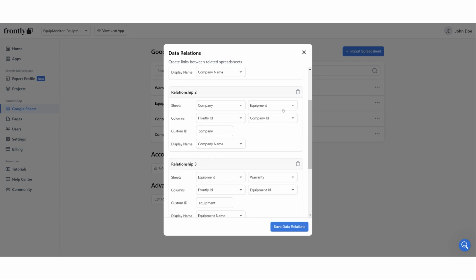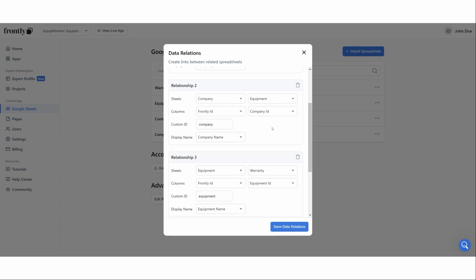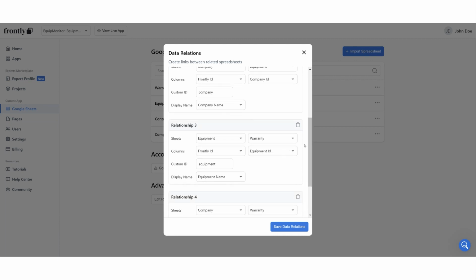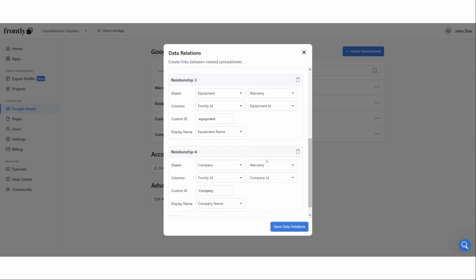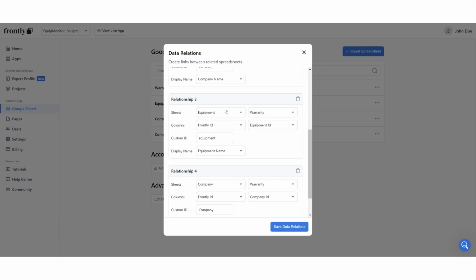The second relationship I've created is between equipment and company. So that's Frontly ID and company ID, which is very similar to what we did previously, and it is the same setup. The other thing you see here, which is similar, is the warranty to company ID, Frontly ID, company ID. For equipment I have a Frontly ID, and then under the warranty sheet, I've set it up to be the equipment ID, which maps to these Frontly ID values. And the display name is going to be equipment name. Save these changes,